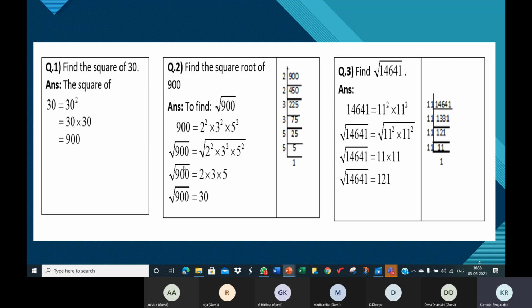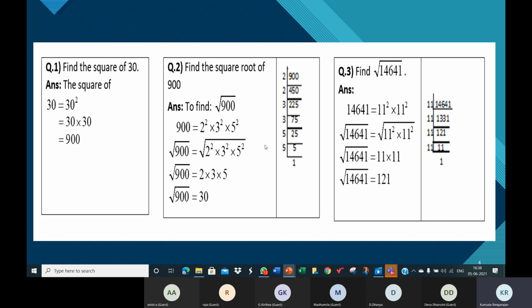Now in the next step, write the square root of 900 as it is. In the right hand side, to get rid of the square root, from two equal primes, one will come out. From two twos, bring one 2 out of the square root. From two threes, bring one 3 out. From two fives, bring one 5 out. That's how you get rid of the square root symbol in the RHS.